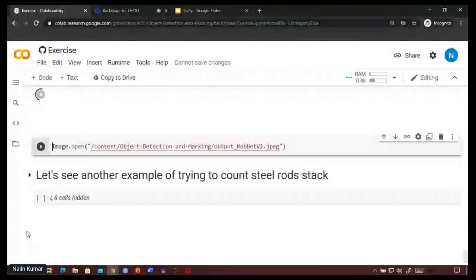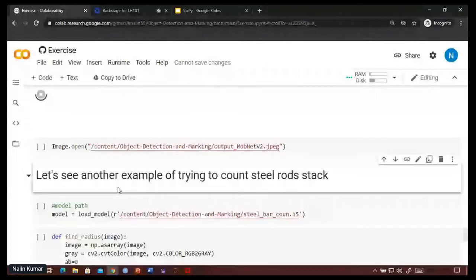Here we have a stack of steel rods, or you can say reinforcement bars, and this is the cross section of it.